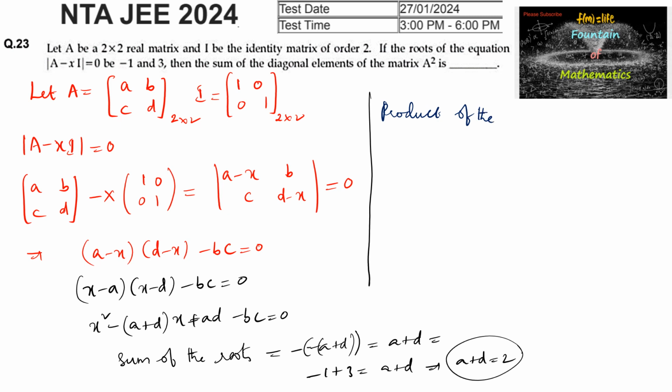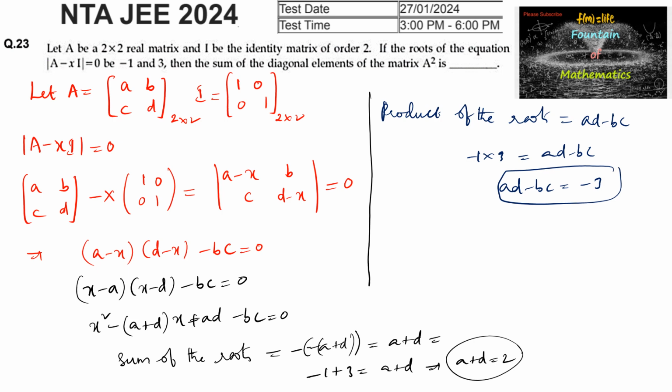product of the roots in the equation is equal to ad minus bc, and here we can write minus 1 into 3 is equal to ad minus bc. So ad minus bc is equal to minus 3, and now we need the sum of the diagonal elements of